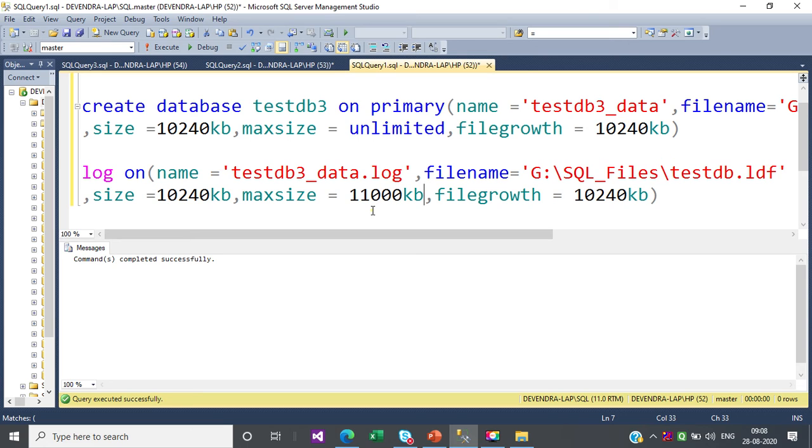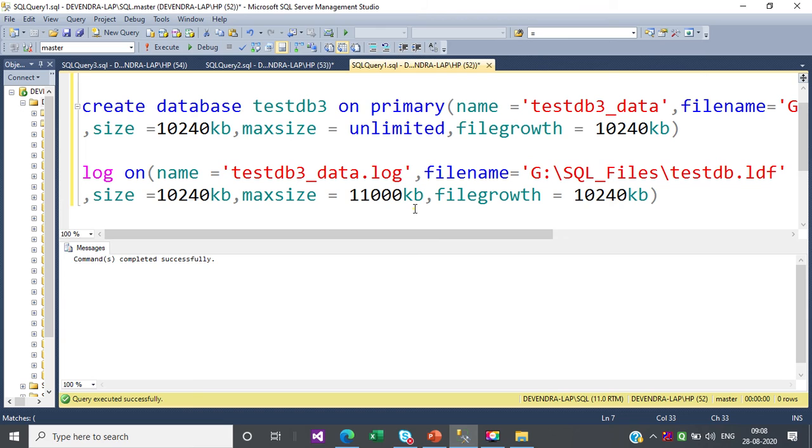Now when you say 11 MB, once this size is fulfilled and we mention max size is this, and again we are saying file growth is again 10 MB, it is not possible.